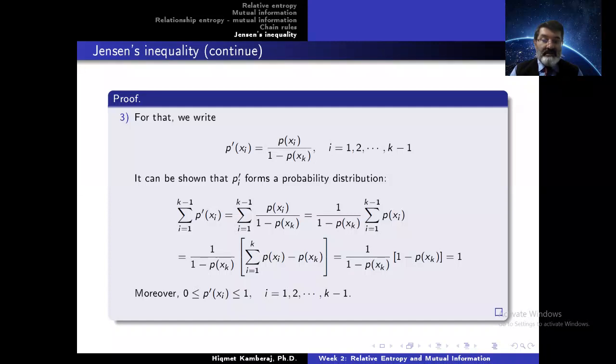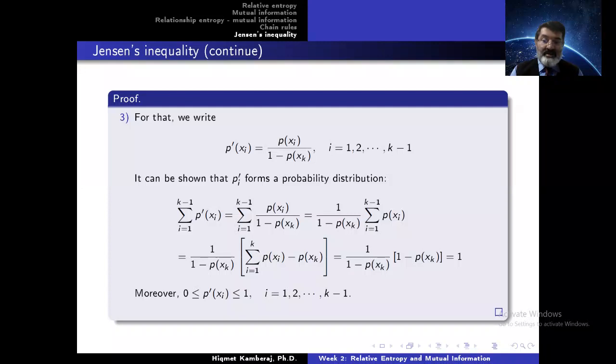Now since the p of xi's are a probability mass function, they are normalized to 1 for a k-point mass function distribution. So the sum of i from 1 to k of p of xi is equal to 1. Then I get 1 over 1 minus p of xk, times 1 minus p of xk. Now this 1 minus p of xk cancels out, and you get 1,